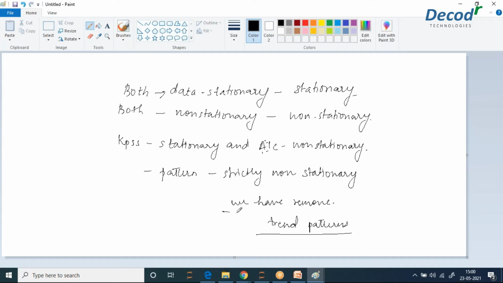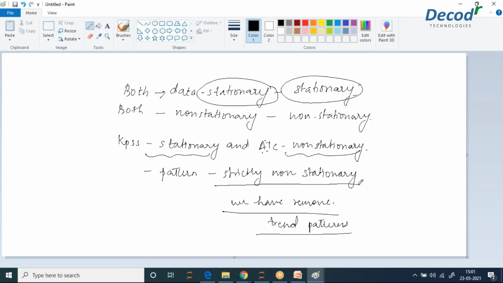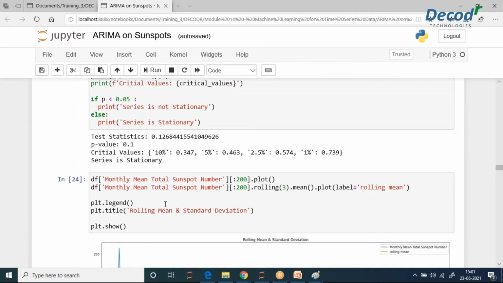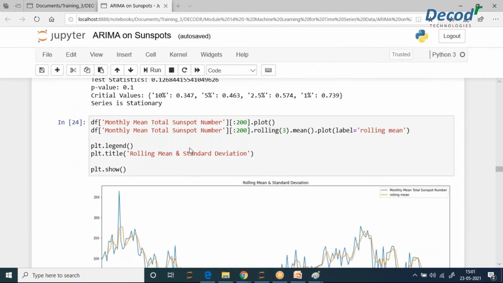How can we do that? We will observe it. So always remember, both of them have to be stationary. Only then can you declare stationary. If one says stationary and the other says non-stationary, then to make it strictly stationary, you have to remove some patterns. So how will we do that? We will see that. From our observation, we see both are stationary over here.